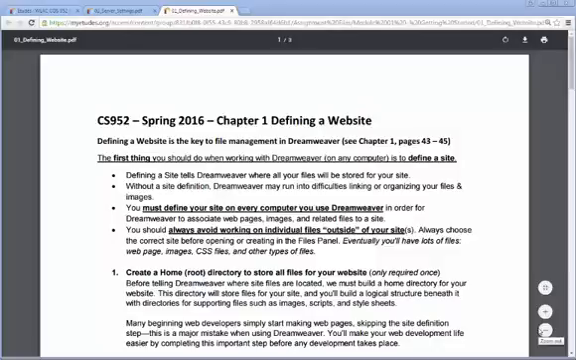Defining a website is the key to file management in Dreamweaver. The first thing you should do when working with Dreamweaver on any computer is to define a site. Defining a site tells Dreamweaver where all of your files will be stored for your website. Without a site definition, Dreamweaver may run into difficulties linking or organizing your files and images. You must define your site on every computer you use Dreamweaver with in order for Dreamweaver to associate web pages,